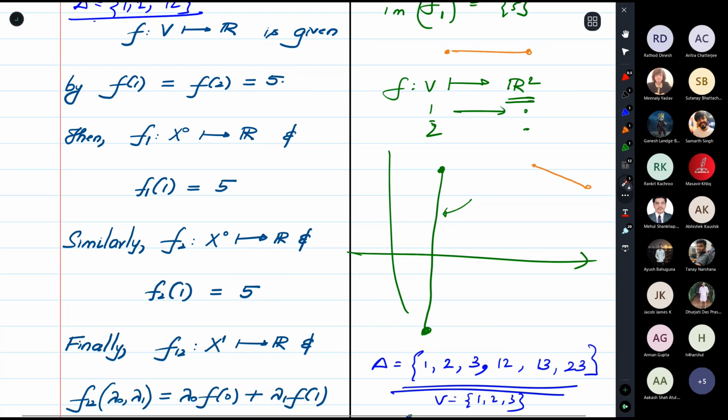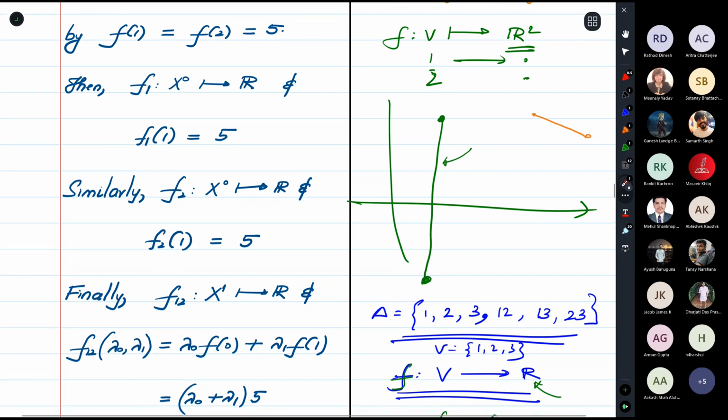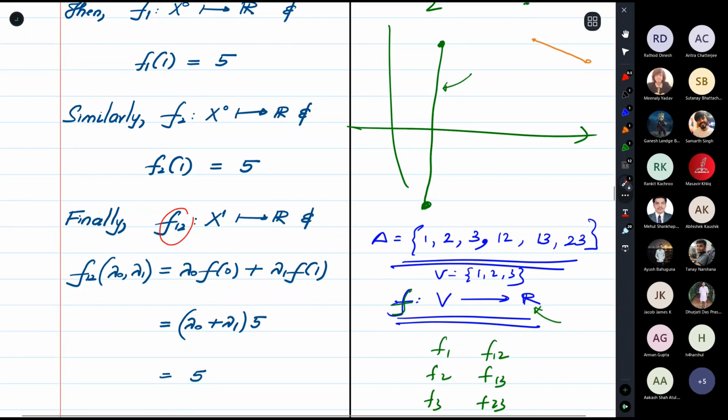So let's do a quick check. Is f1 injective? Well, the answer is yes. Is f2 injective? Well, the answer is yes. Now let's see what happens for f12. So f12 has to go from x1 to r. Now what does this mean? It means that